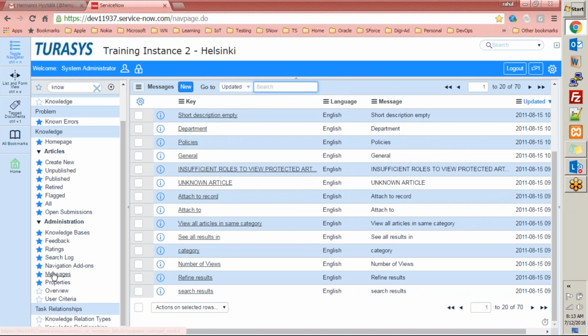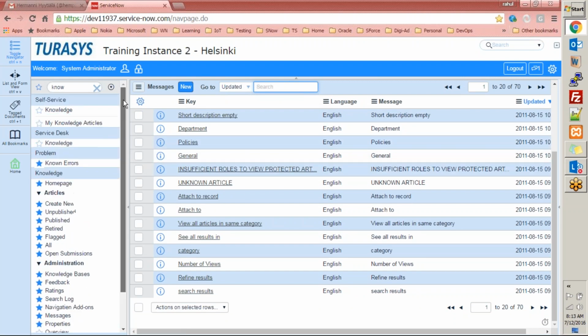And then the rest of the items that we have are messages, properties, overview, and user criteria. Let's do it tomorrow. Let's do it tomorrow. So this is mostly about what we have in